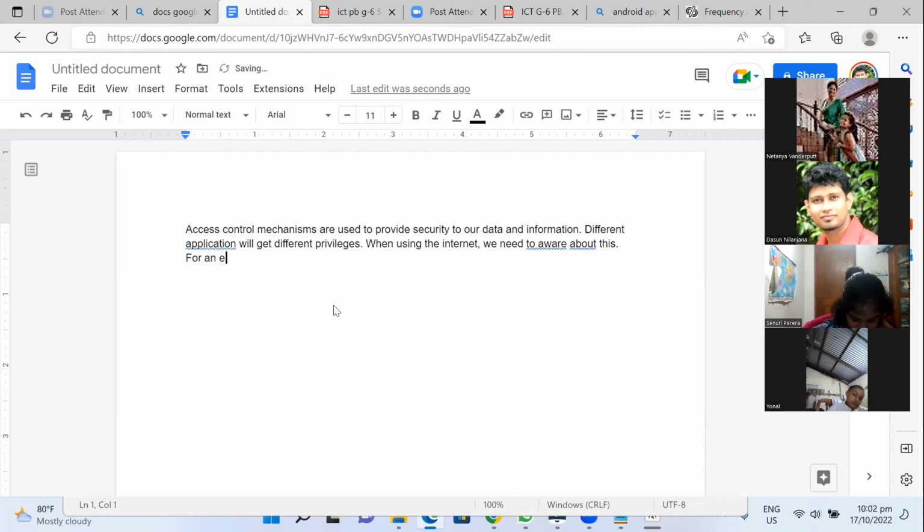For an example, if a game is requesting permission to access your camera and contacts, you need to recheck it with an adult.